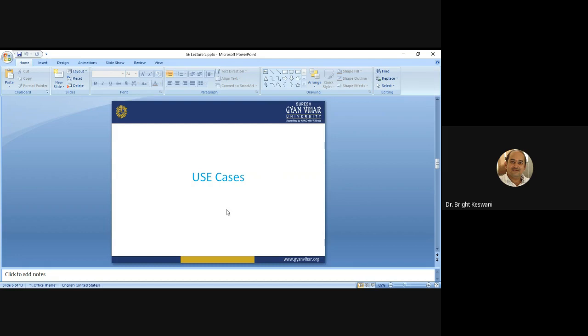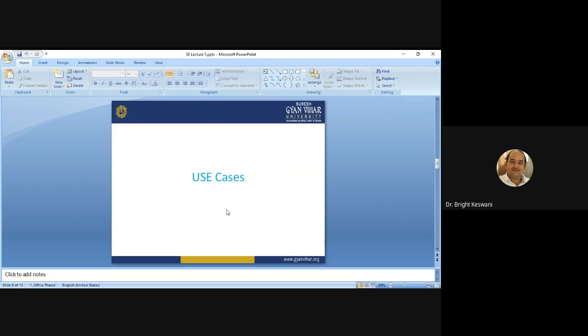So the first purpose of a use case is to define the functional and operational requirements of the system in the present scenario, in the existing scenario. And the second objective of the use case is to provide a clear description of how the end user and the system interact with each other.